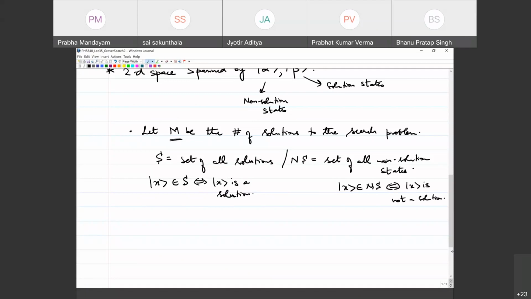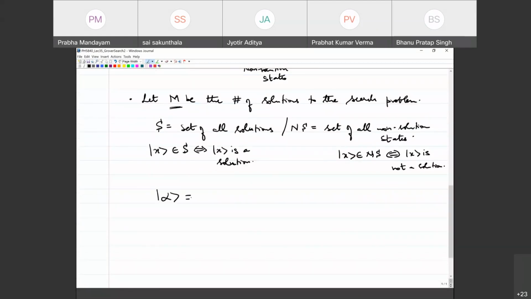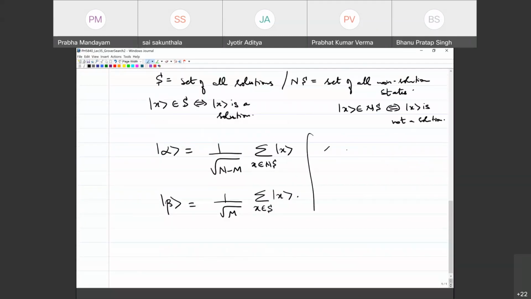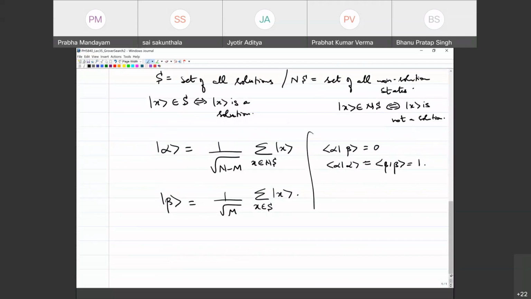So then we will write down a uniform superposition of all the non-solution states, and that is ket alpha, and beta is the set of all solution states. And we discussed yesterday that this forms an orthonormal basis because <alpha|beta> is 0 and <alpha|alpha> and <beta|beta> are 1, because you have taken care of the normalization with the coefficients, right? And so this is a two-dimensional